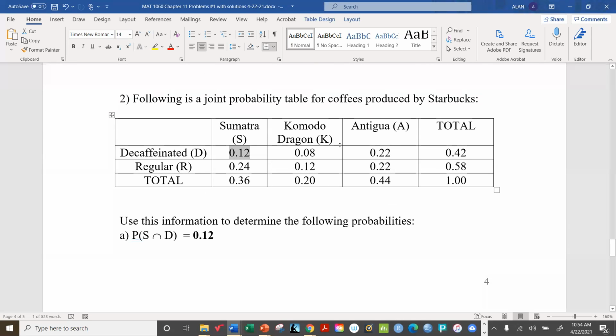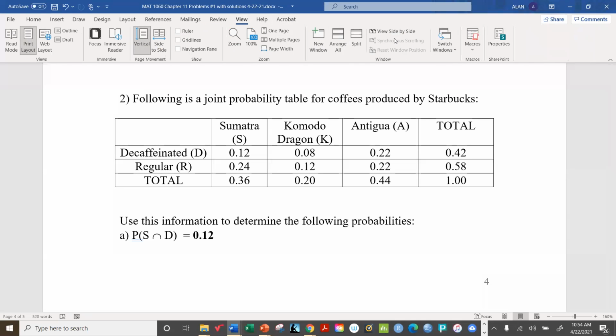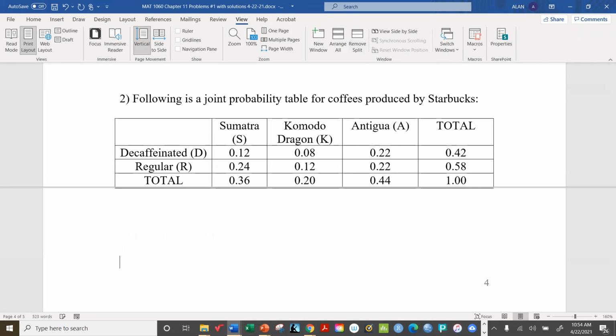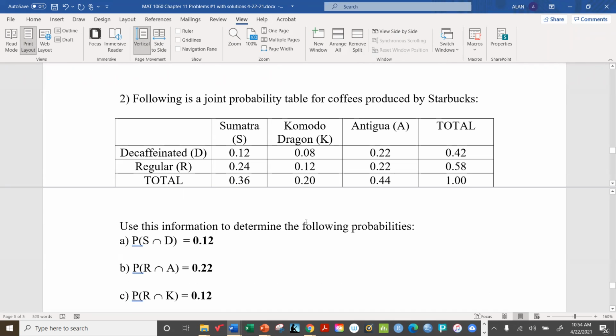All right, so now I'm going to split the screen here so that I can see everything without scrolling up and down. All right. So let's look at the rest of these. How about R and A, regular Antigua? That's right here, because it's at the intersection of regular and Antigua,